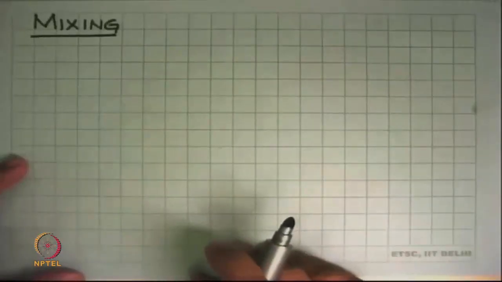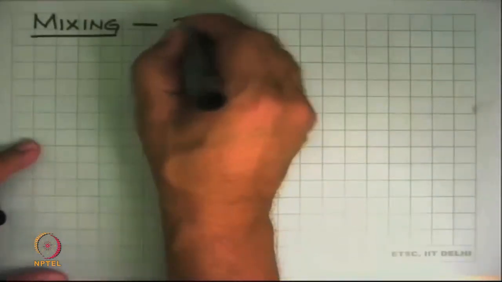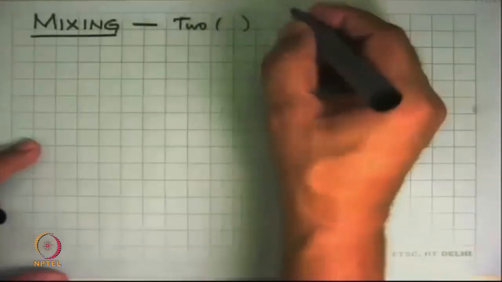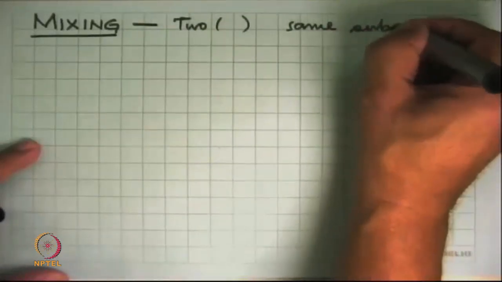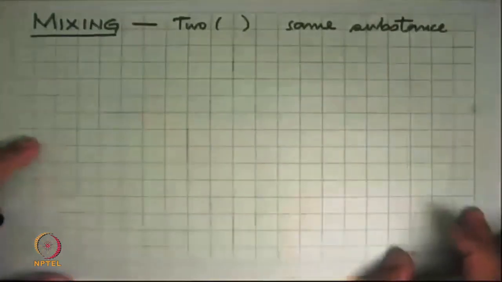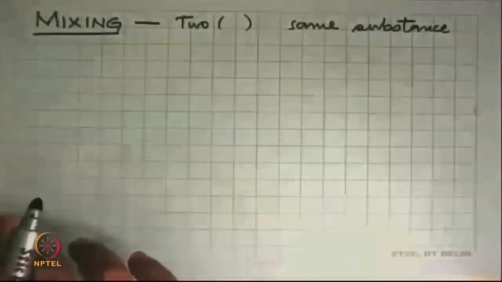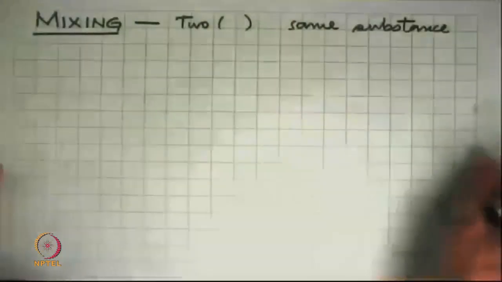Now we look at something quite different, and the first thing here is mixing. By mixing, we are only saying that we are mixing two phases or two streams or two parts of the same substance. So you can take hot water, cold water and mix it. And say, well, what do I want to know? I want to know what is the final temperature, for example.